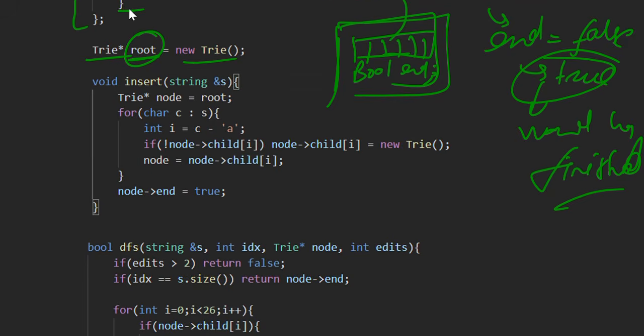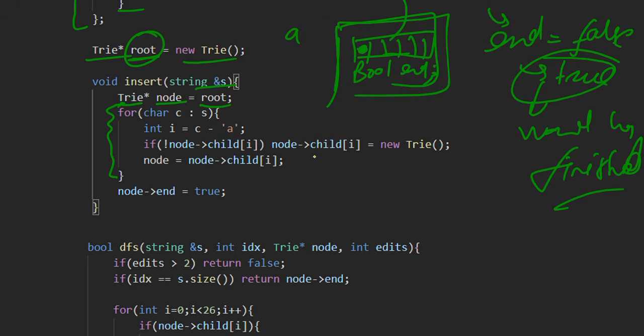In the insert function we pass a string s, right? And we have declared a node, of type trie pointer, named root. Then we take each character from the string and check whether node arrow child of i, suppose A, is null or not, right?